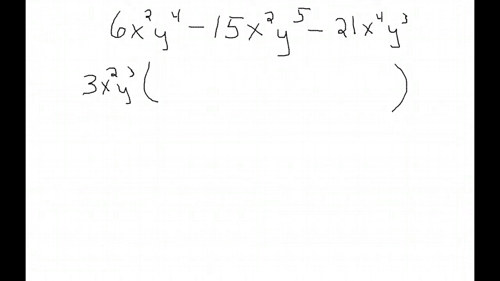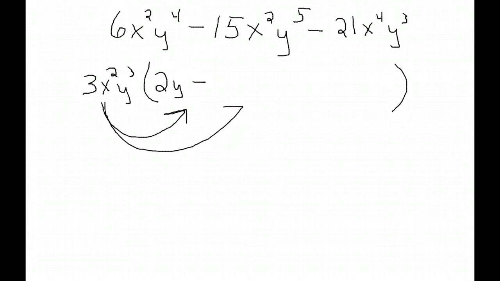Now at this point, it's backwards distributive. I have to ask the question, 3x squared y cubed times what will give me 6x squared y to the fourth? Well, I need 3 times 2 to get the 6. The x squared is already there, so I don't need to multiply another x. Y cubed times y to the first would take care of the y to the fourth. Now, anytime you have a variable with an exponent of 1, you could leave that off and it still means the same thing. Alright, put down my minus sign, and then I say